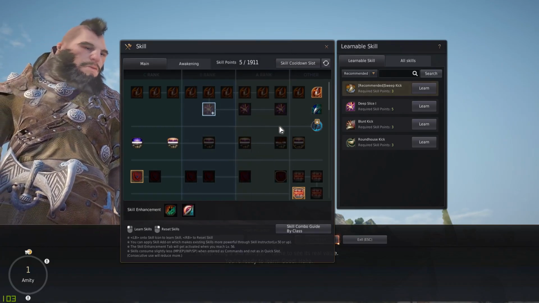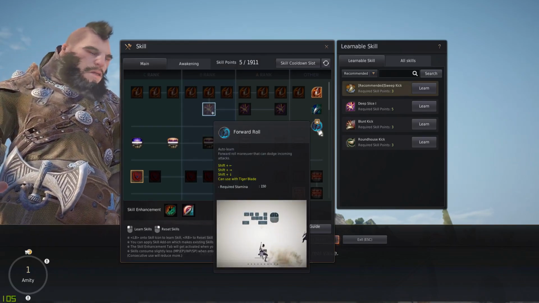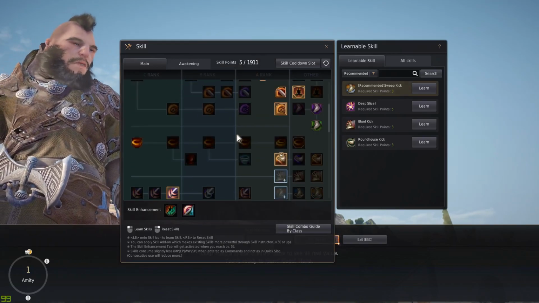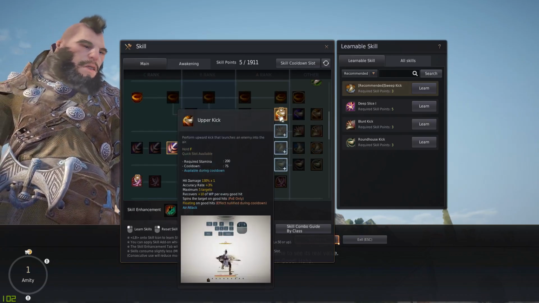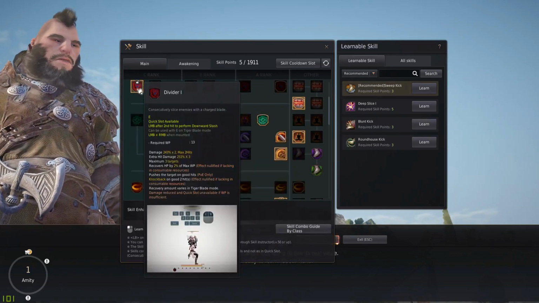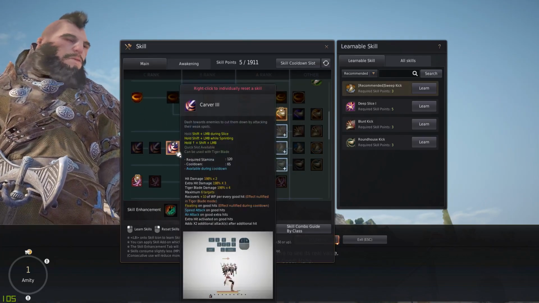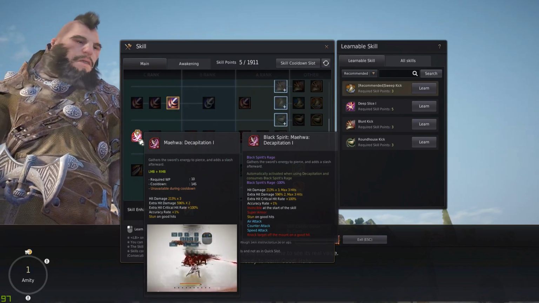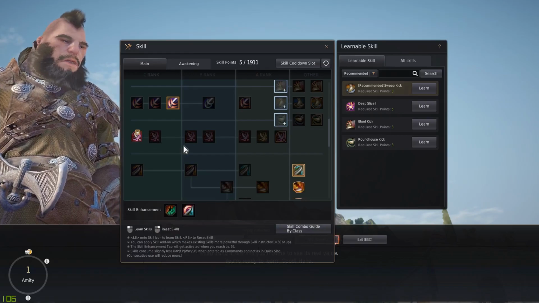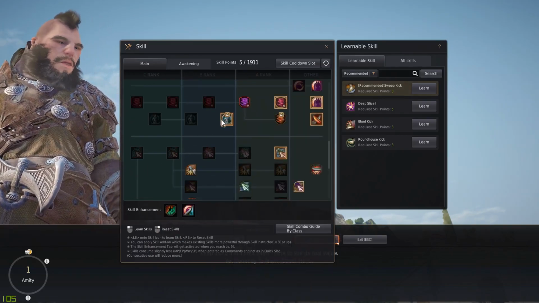And then last but not least, locking skills. I would recommend locking forward roll. You don't want to do that accidentally mid combo. That would be embarrassing. Lock upper kick, lock divider unless you plan on using it for Tiger Blade chase cancel, lock carver unless you're comfortable without locking it, lock Mewa decapitation because it's garbage, lock absolute cyclone slash or any of the cyclone slashes because it's a